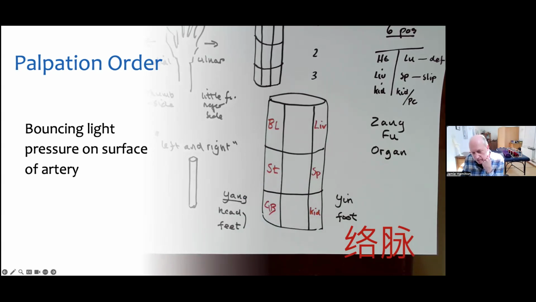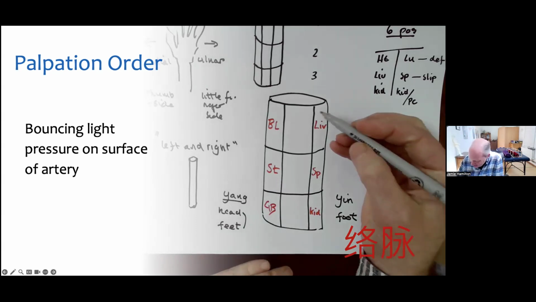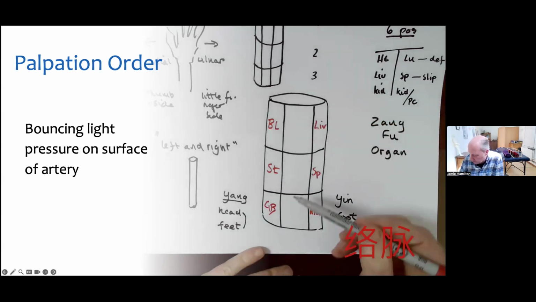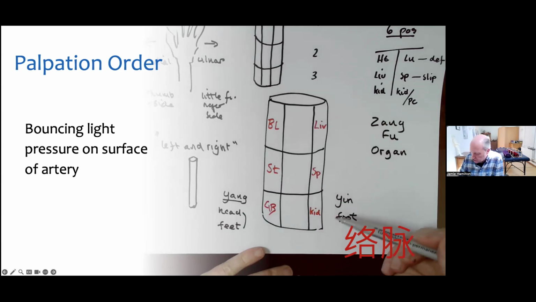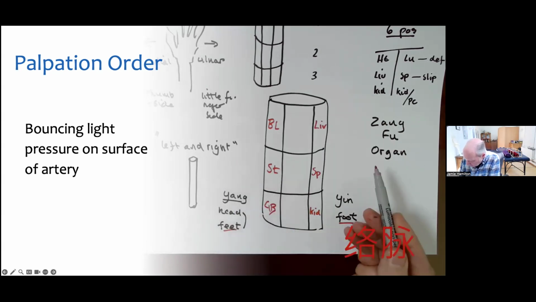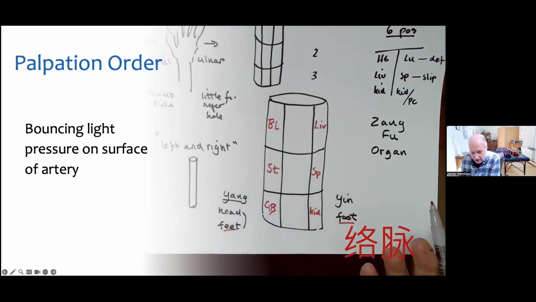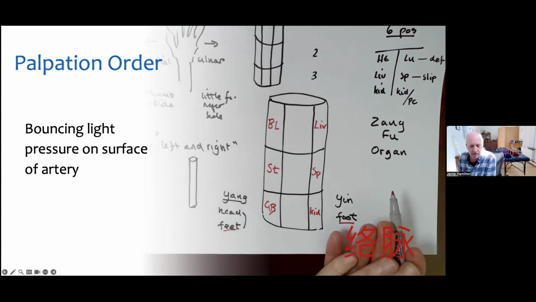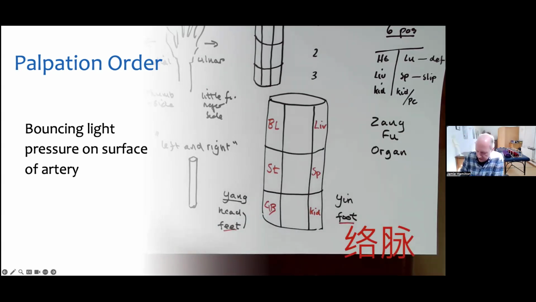And on those central ones, those are the standard? No, we're coming to that now. They're not the standard. But anyway, I just wanted to break it down and show you these six. These are all, just to repeat, foot channels. The outer is yang, the inner is yin, as you might expect, because these yin channels are more on the inside. Anything more inside is yin, anything more outside is yang. So that is kind of reasonable.